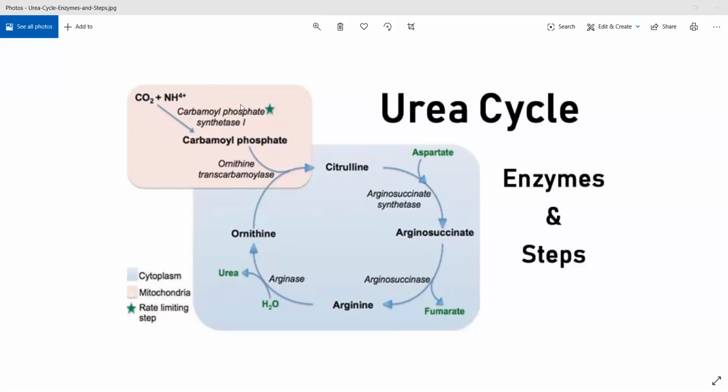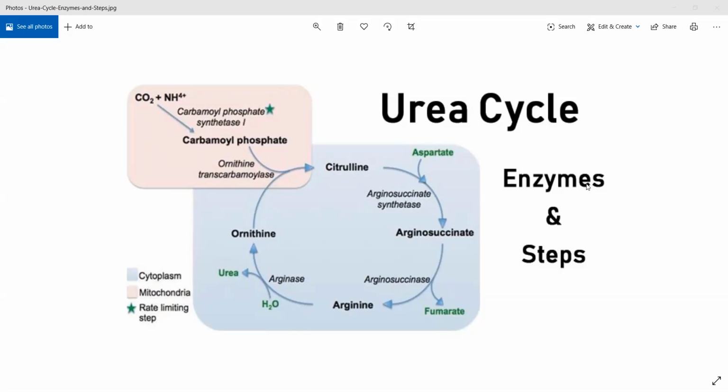Now carbamoyl phosphate synthetase has a star, right? If you can see the star on the bottom left, you can read that the star represents a rate limiting step. It is a rate limiting step, meaning that the rate of urea cycle altogether, or the rate of the reaction from carbon dioxide and ammonia to carbamoyl phosphate, depends on the enzyme, because you have something called N-acetyl glutamate. It is not mentioned in this, but N-acetyl glutamate is a stimulator of your enzyme. It acts as a cofactor. If you do not have enough N-acetyl glutamate, the reaction does not occur.